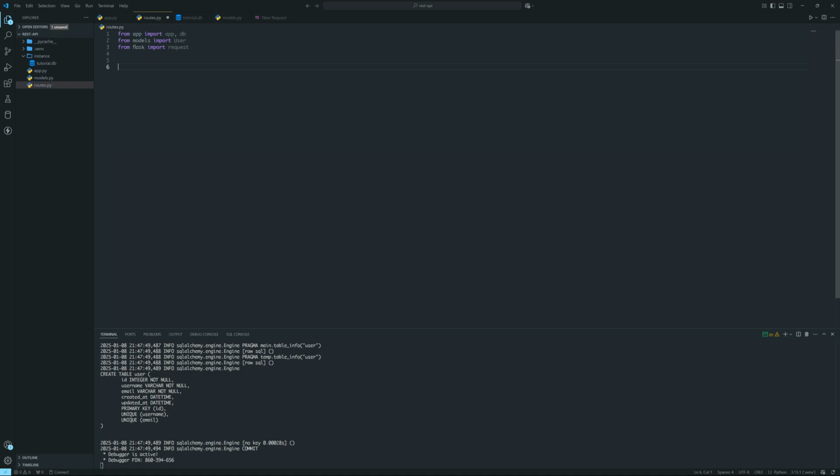So the first route is going to be creating user. So app.route /user, and then methods is POST. So a POST request is usually used for creating records in a database. So the function will be create_user,